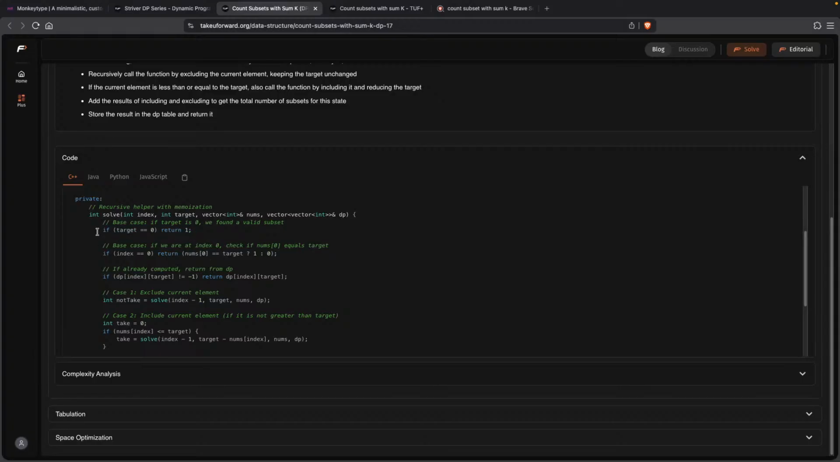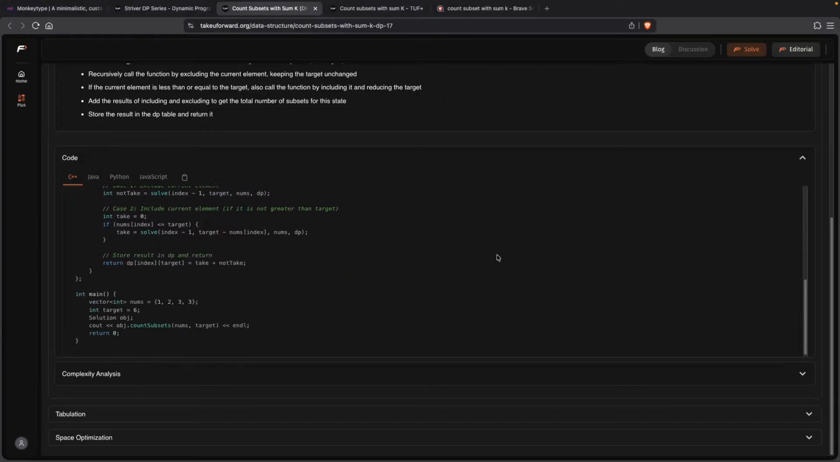That's the same condition. Target 0, return 1. Return 1 means the only way you can get the target is because the target is 0 and you have found it, then return 1. For the next, if you are at the 0th index, you have to check num 0. If num 0 is equal to target, then you return 1, or else you return 0. If already computed, return from DP, that means that's an overlapping condition that we have solved up till now,